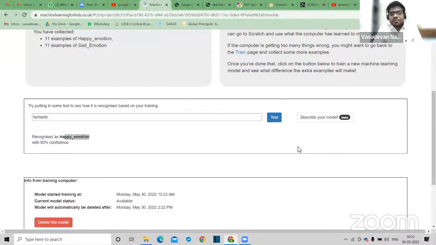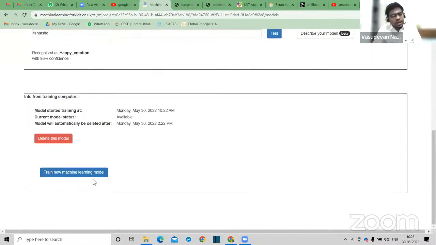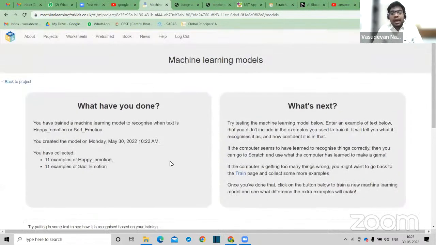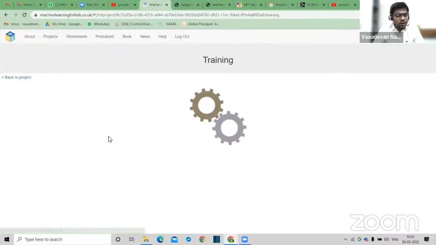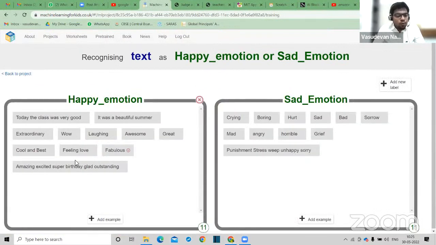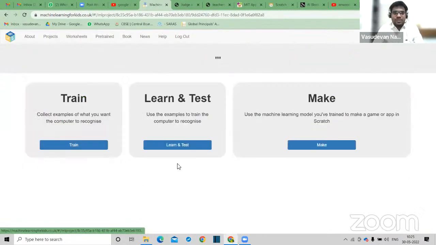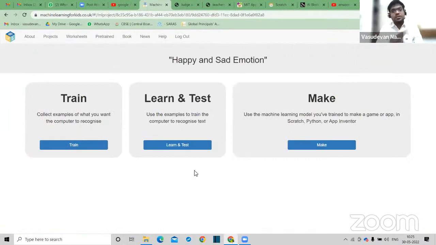Now these are some of the words, and we can clearly see that the machine learning is working properly over here. Now if it is working properly up to a certain extent, if it is not, then again you need to go back to the model and add more words. All you have to do is go back to the project, click on train, and you need to add more words. When you add more and more words, it will become even more perfect. Now, as of now, let us consider this program is done. So far, it is done.